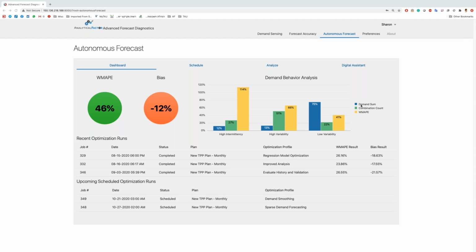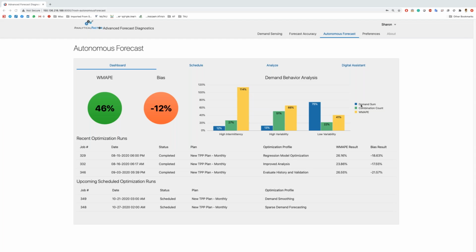And then the second attribute that we're going to see within this KPI would be the combination count. So from the overall combination count, I see over here that 27% of the combinations are highly intermittent, and then 51% are with high variability. Now that is an important information to know, because I see that more than half from my combination count on my Oracle Demand Management Cloud at this demo are combinations that are only representing 13% from the overall demand.